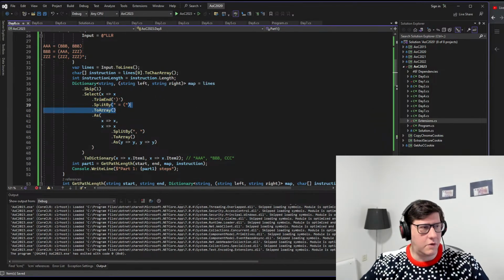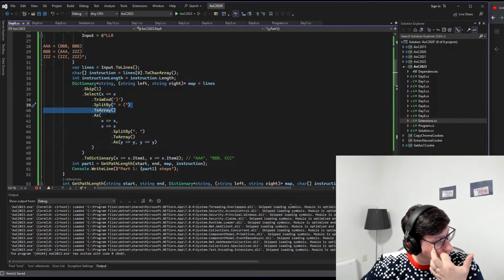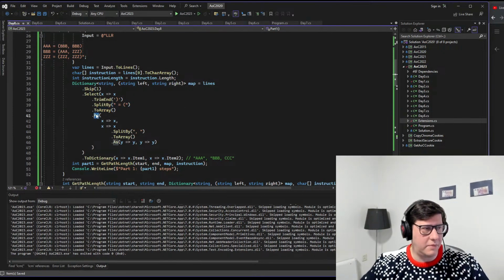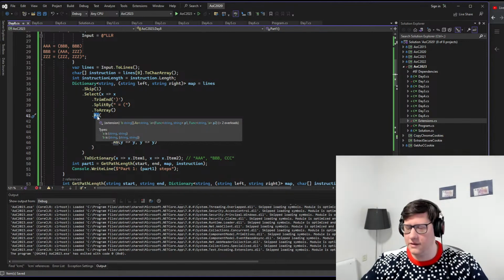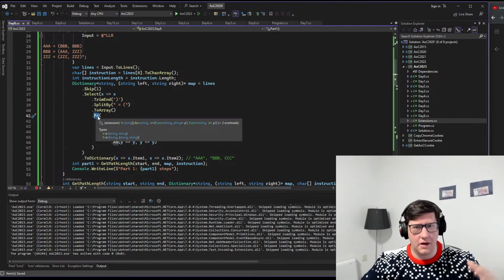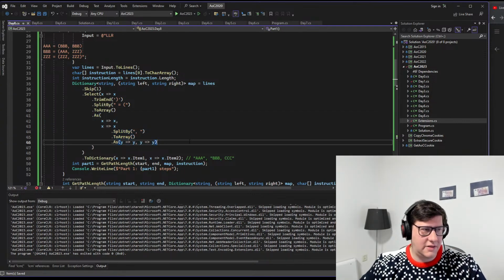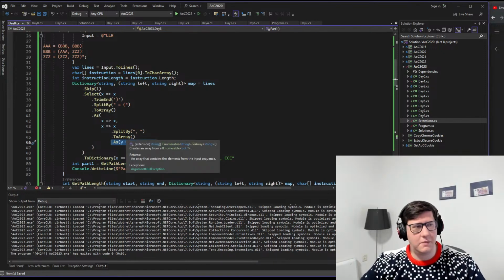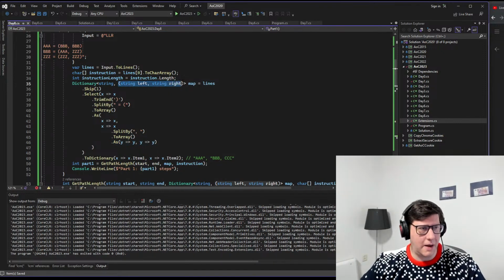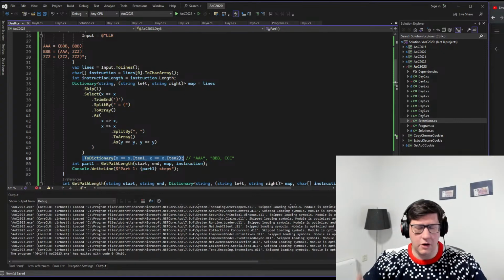Since it's an IEnumerable, I put it as an array so I can use my as operator, and probably I should have an overload that takes an IEnumerable and just caches the data there. Then it splits the second part into just 2 strings. So this looks like, why do you do this? But this is just to make sure that it maps as a value tuple. So then we have everything nicely mapped, and we convert it to a dictionary so that you can actually look